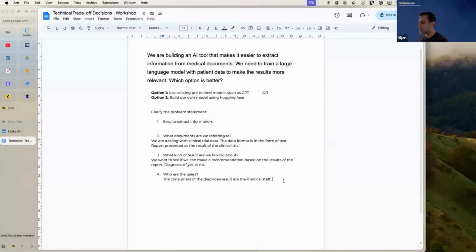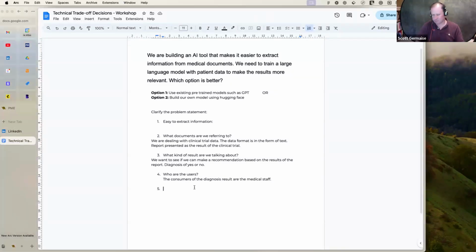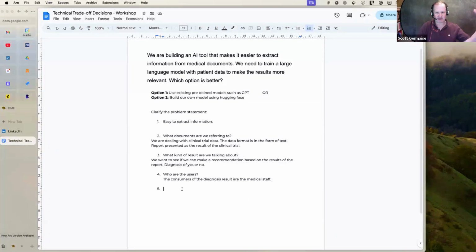Scott, I can see your hand is up. Go ahead. What other things can you think of for us to get clarity on to further narrow down the scope of the question? Well, a couple of things. When it's a yes or no for diagnosis, it seems to imply logistic regression, but I'm going to throw that out of hand because you say it's text data,